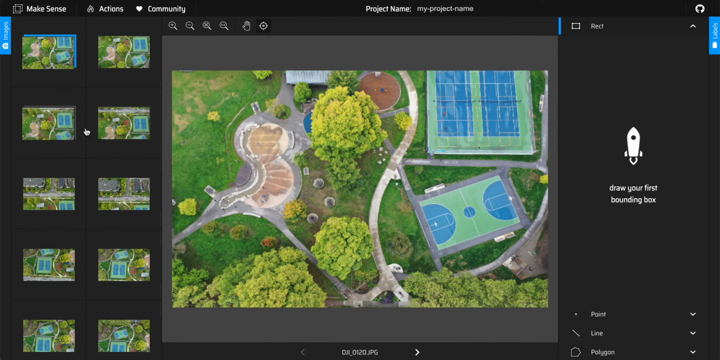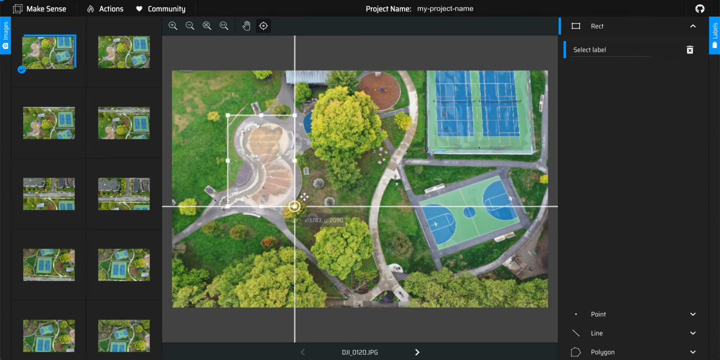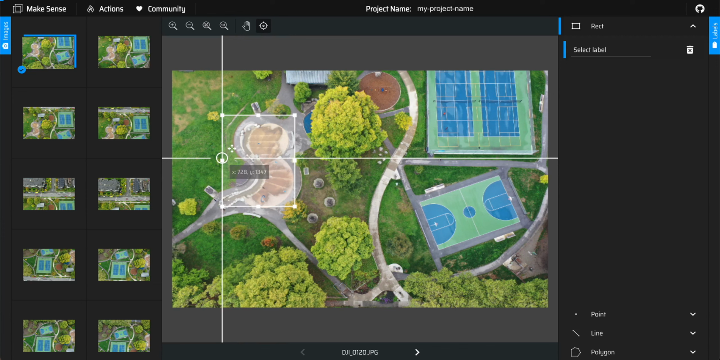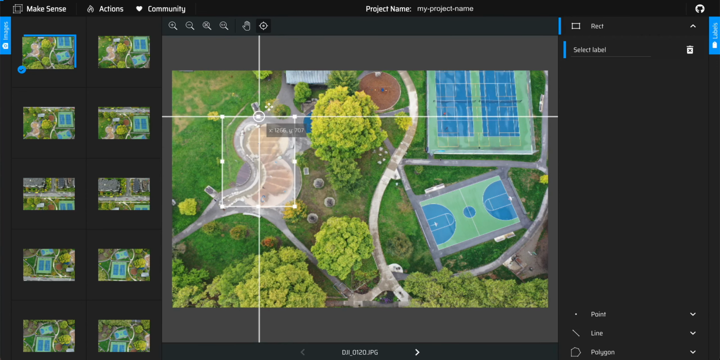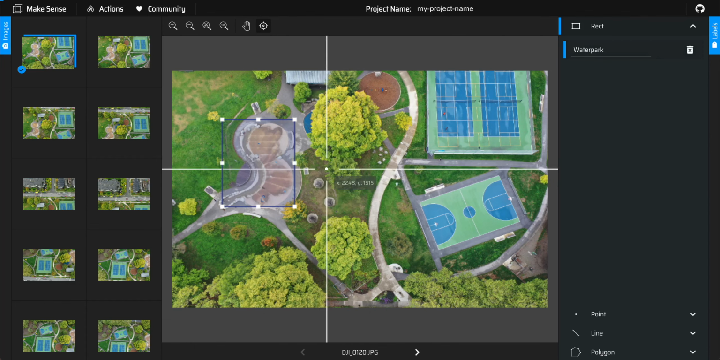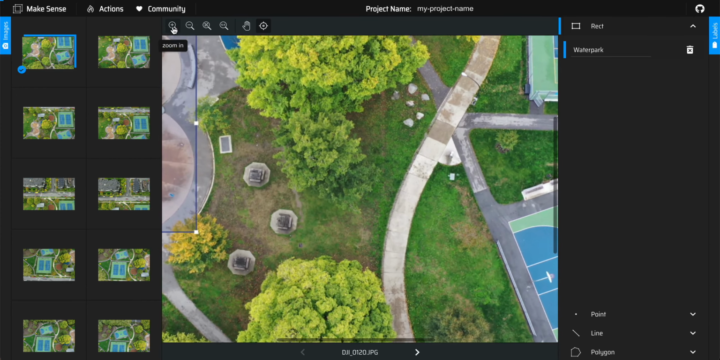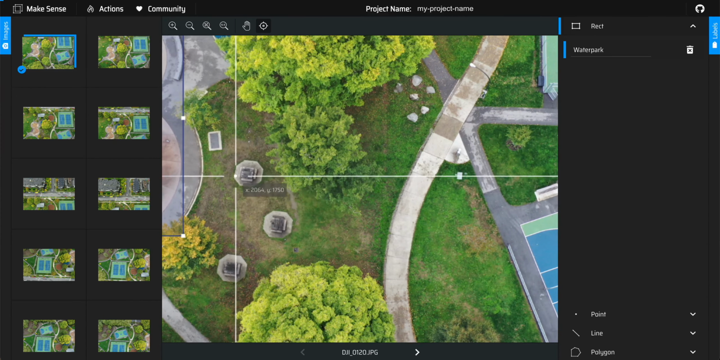You can pick your starting point at any of these images, and for example, we're going to look here and we're going to select as much as possible to detect the object that we want to detect. And for example, we'd want to select the label that this specific object is, which is a water park. Remember, these are very high resolution images, so we can zoom in and we can see, for example, that